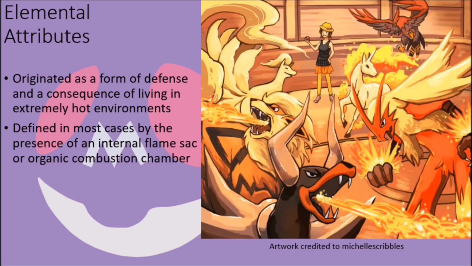generate fire and other materials from their body that are of an extremely high temperature, designed initially to ward off potential predators, before later becoming an offensive biological tool in the families of most of the Pokemon assigned to the type. In the majority of cases, the power of this type is derived from a flame sac, or organic combustion